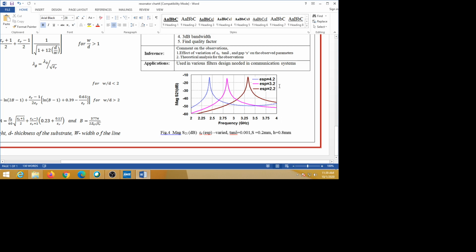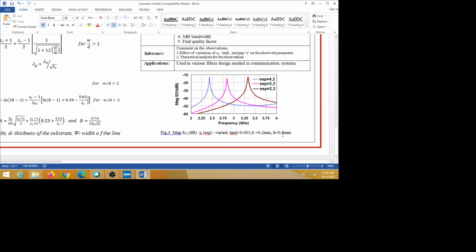But while making these variations, other parameters must be kept constant. See what I have written here, this is the plot I got. Epsilon is varied, we are changing it like this, but tan delta remains the same. Tan delta is kept at 0.001 and S is 0.2 mm, and height is 0.8 mm.